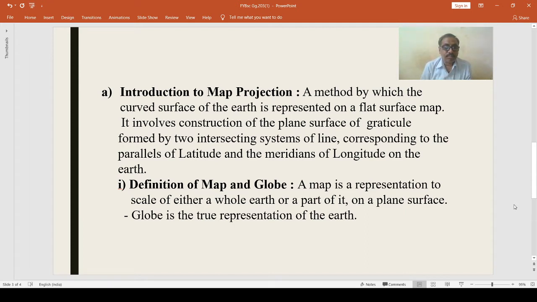The network of the parallels and meridians so formed is called a graticule. Then the network of parallels and the meridians so formed is called a graticule. Graticule,